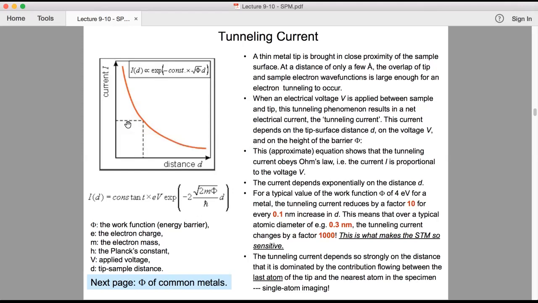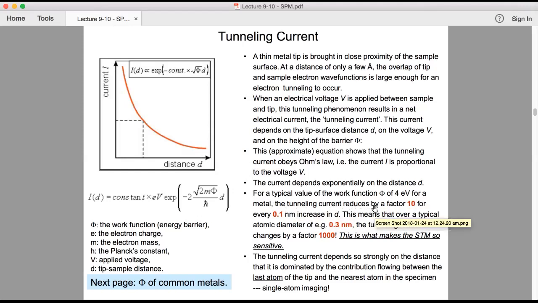The current depends exponentially on the distance. So if we look at the current and the distance, you can see that it depends exponentially. If you convert it to an equation, the current I, which is a function of distance, is a constant times e to the power of something, and there's an exponential term which defines the current-distance relation. When we move away, the current drops drastically. And for a typical value of the work function of 4 electron volts for a metal, the tunneling current